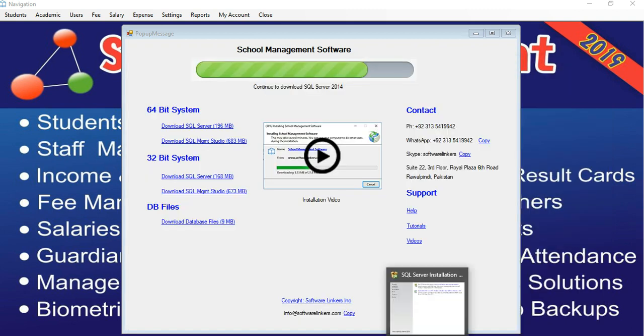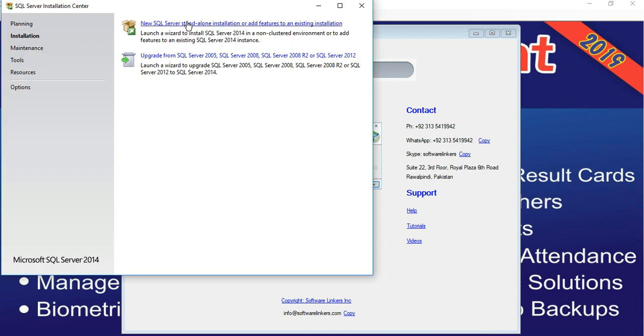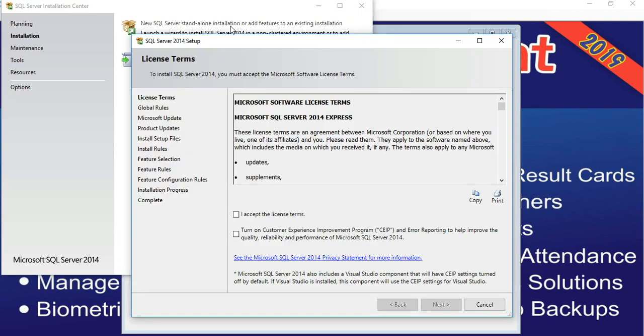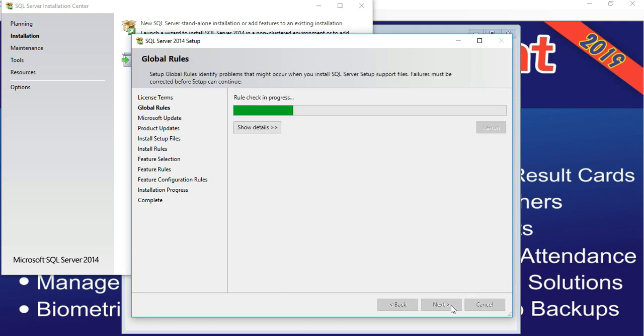Please follow these steps to install SQL Server. First I click on this first link, new SQL Server standalone installation. License terms: select I accept license terms and click next.